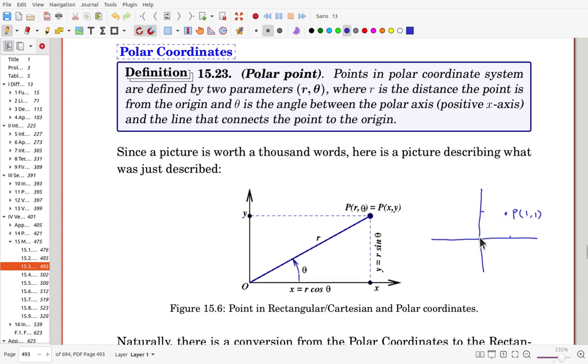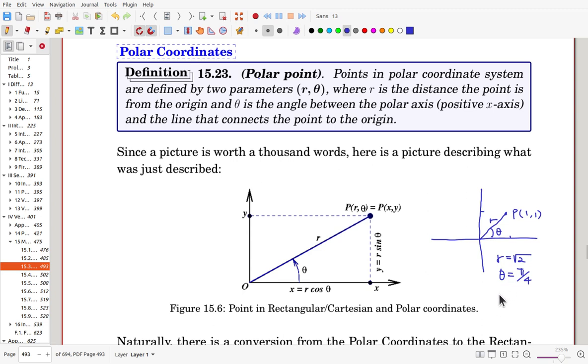Now, if you try to express it with polar parameters, you have to measure the distance r, and we have to find the angle theta. We can easily find r. r is, from the Pythagorean theorem, square root of 2, and theta is pi over 4, that's 45 degrees,